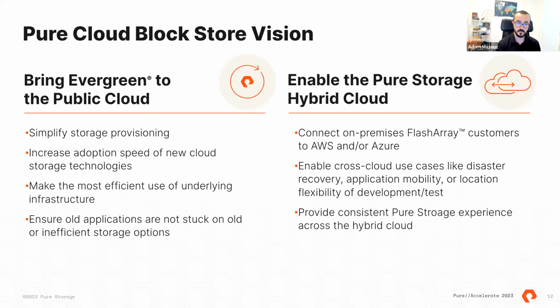We simplify the storage provisioning, but also we increase the adoption speed of cloud storage technologies. You can easily migrate. You can unblock all of your migration projects that you couldn't think about how to migrate. Now you can do that using the native replication between FlashArrays and Cloud Block Store. Or you can have one Cloud Block Store, get your data there, and then you can start moving between availability zones and regions once you get to the cloud.